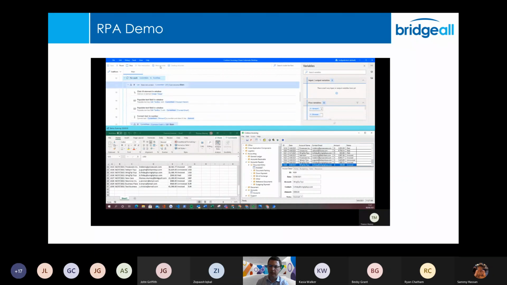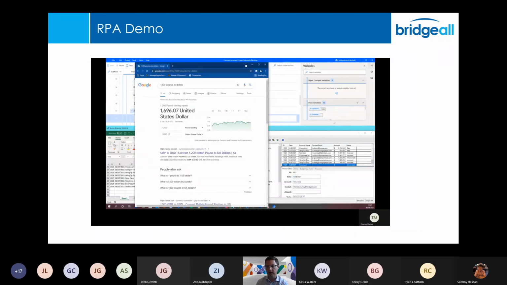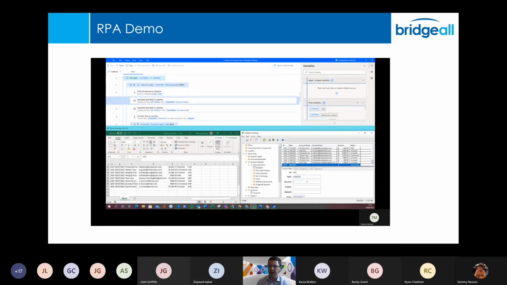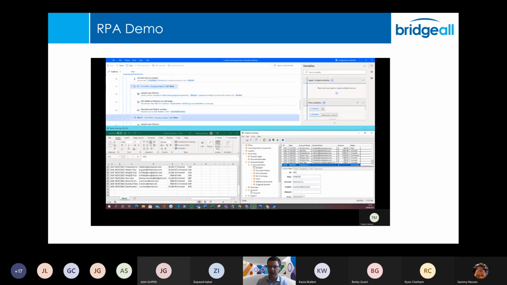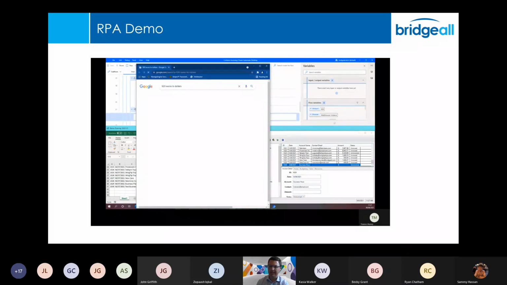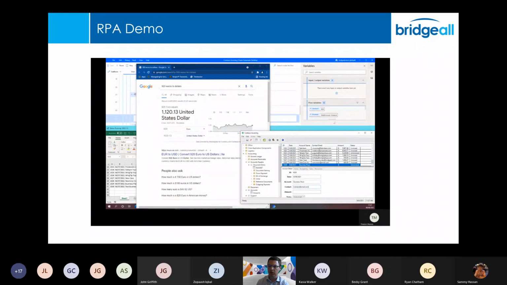spreadsheet are in GBP or euros, but the invoicing system just takes US dollars. So you can see it's launched a browser window, it's doing that currency conversion, and then it's pasting that currency conversion into the legacy invoicing system as well. And then it's setting the status in the invoicing system so that it matches what's on the Excel